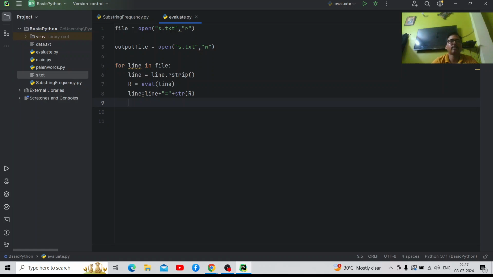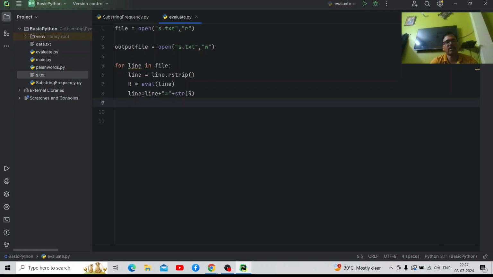Got it? Yes, sir. So the statement you have written just now, the line is a part of the file. Actually, line is a string here. Line is a string which represents one line of text from a given file at a time. Yes, sir, understood.